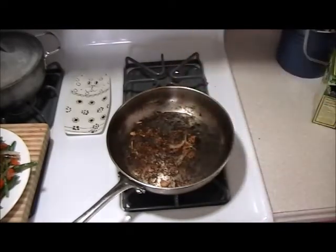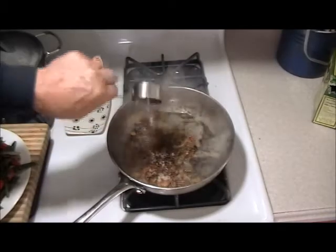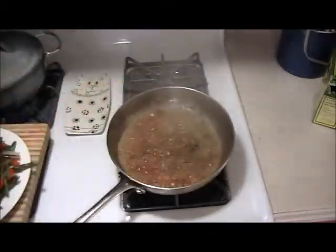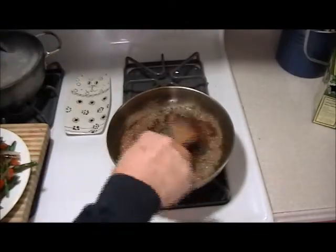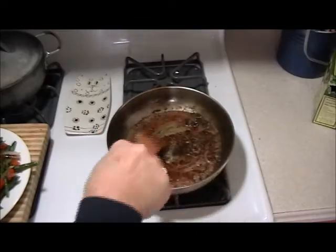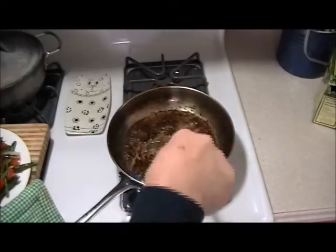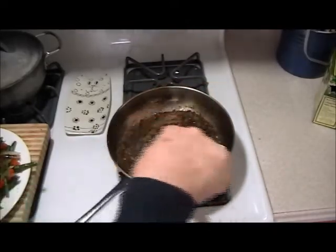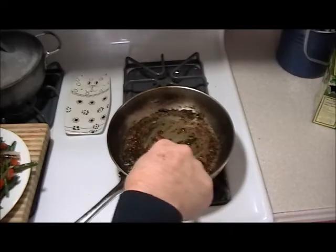Seems like everything is burnt there. But you take just a 1/4 cup of water and add it to this. Look what happens. We're deglazing the pan. That's a lot of flavor that's in there. And what are we going to do with this? We are going to pour this over the vegetable, or doing the opposite thing,